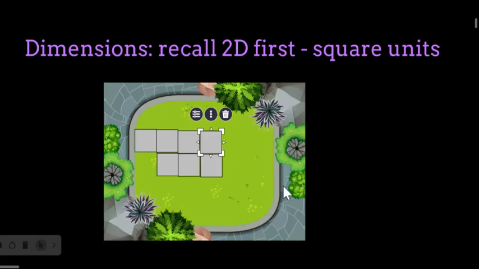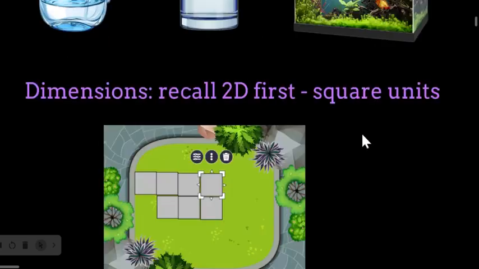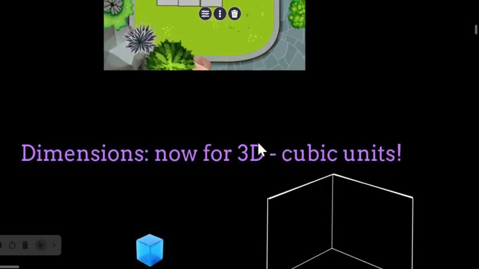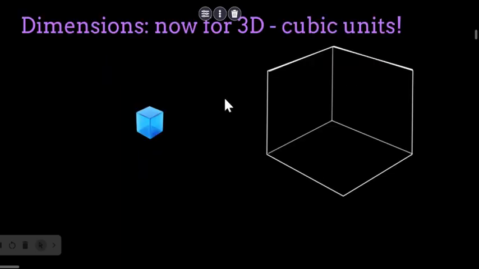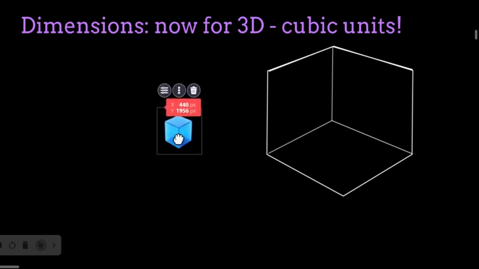And you notice even with problems like this that the edges here are curved. It's not perfectly rectangular, so we'd have to factor that in to find the area. But you get the basic idea, that we're using square units to find two-dimensional area. We're saying how many squares can I fit inside of this shape. Now when we extend that to 3 dimensions, we're not using squares anymore, we're using cubic units. So recall the fish tank that you saw above, and now instead of squares, we're saying how many cubes can